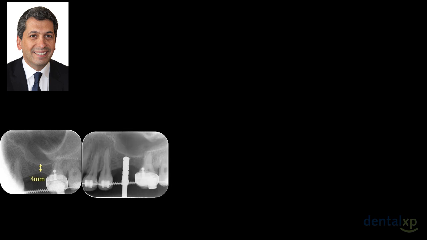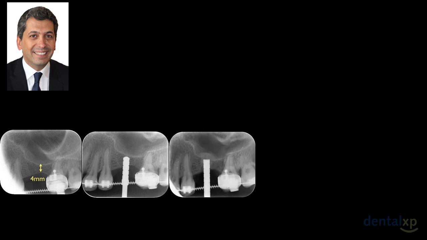In other cases like this one, we had 4 millimeters of residual bone. Also using the same technique, you see that I drill until I reach the floor of the sinus. It's very important not to perforate the floor of the sinus with your drill, because you will also perforate the membrane. Unless you are using an ultrasonic device with a diamond insert, for instance, you can try to trim as much as possible this cortical part of the sinus floor in order to facilitate your osteotome tapping and